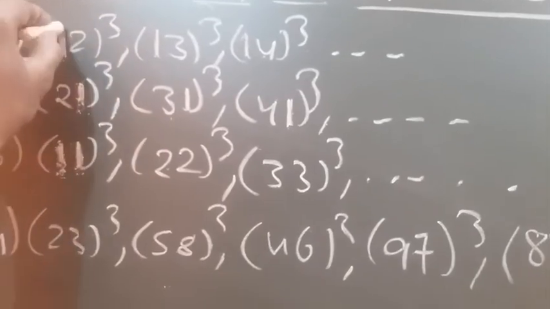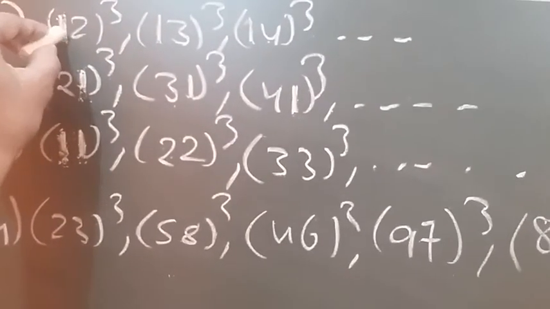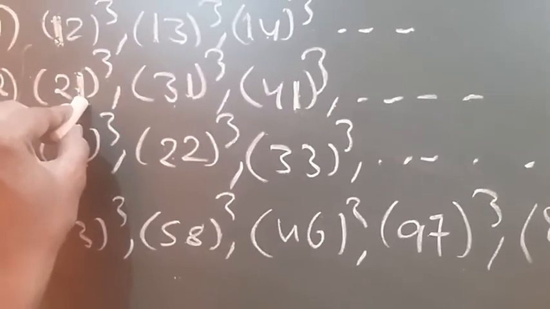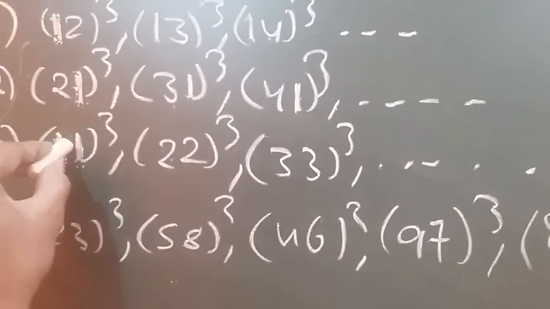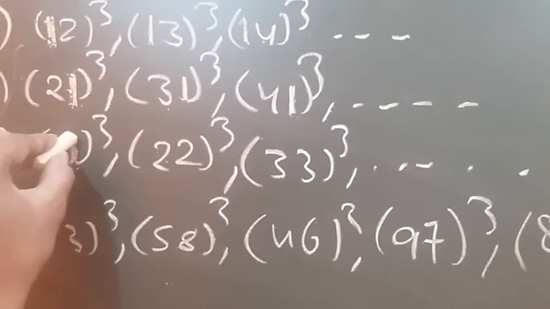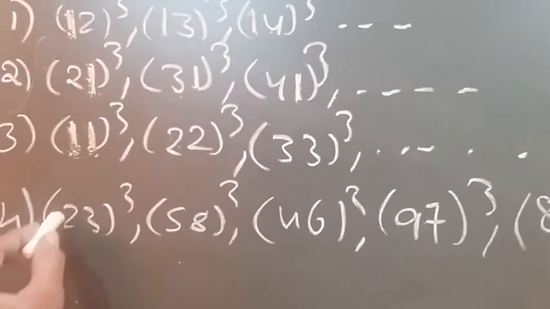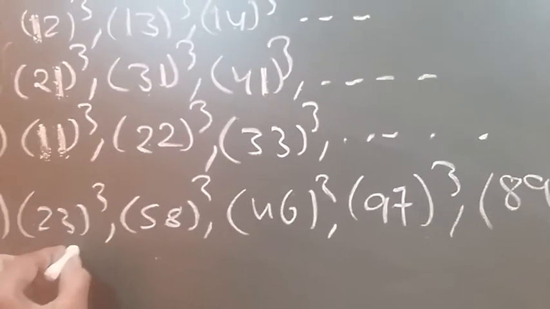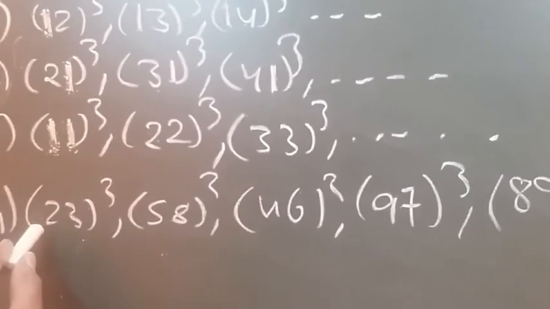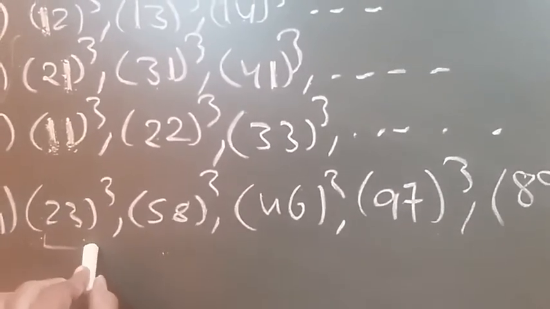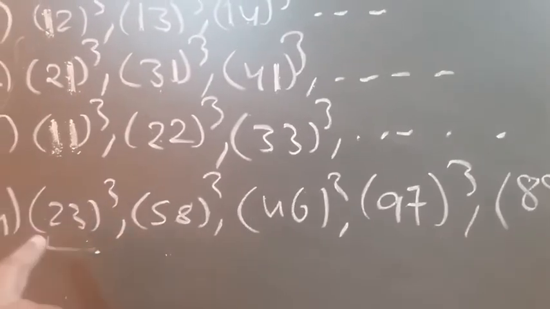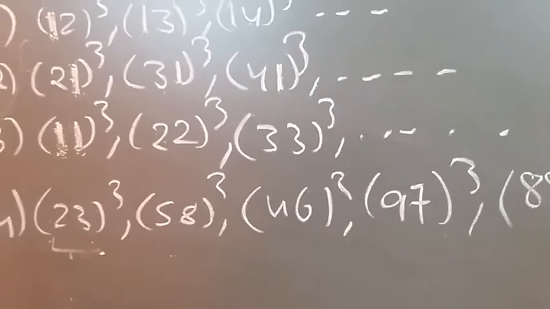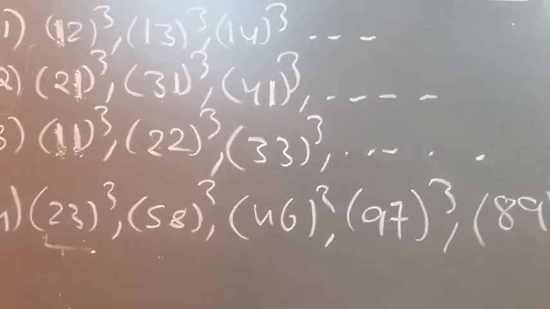Now if you want to calculate the cube of numbers other than these three types, if you don't have 1 in the first digit, and you don't have 1 in the last digit, and both digits are not the same, like 23, here 1 is not in the first digit and 1 is not in the second digit, and the two digits are not the same, right? These three methods are not applicable for this number. So how to calculate the cube of these types of numbers, I will explain in the next video.